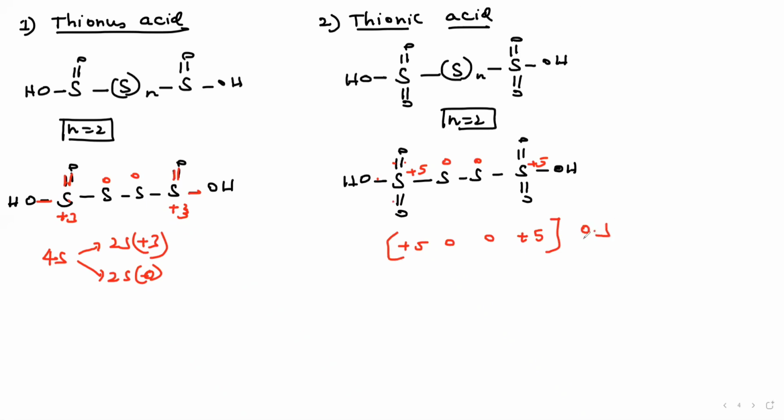Understand? Okay. This is about thioneous and thionic acid. Next I will discuss a very important one, that is called the peroxo acid of sulfur. Very important, please note. And the next important one, peroxo acid of sulfur. That means peroxy bond, O-O bond. Now see, very simple. Listen, sulfur and phosphorus are the same, both are the same.